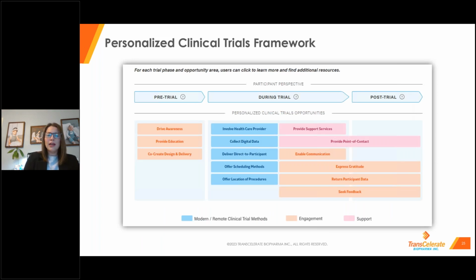All right, so on the next slide, we're just going to look at the overview of the framework again, and just sit here and think about these different opportunities for a moment. As I said earlier, a lot of these are that orangey color and signify the engagement category. And these are things that may be a lighter lift than some of the things that are in blue. And so we encourage you to click through each one and understand